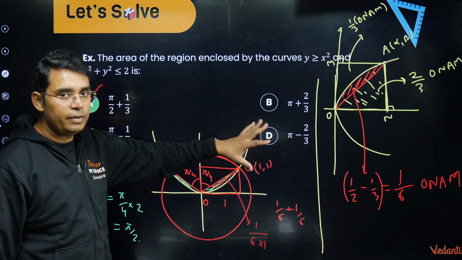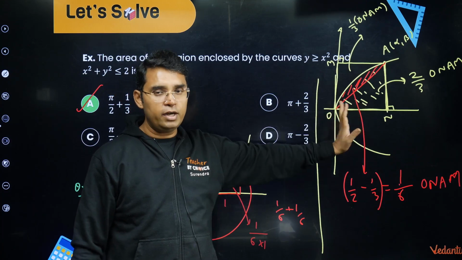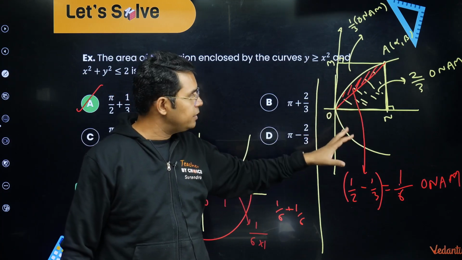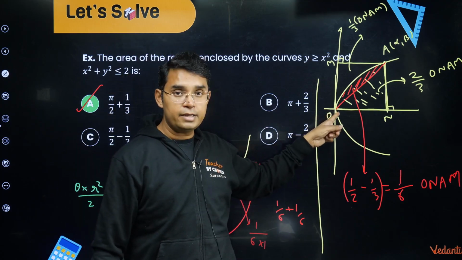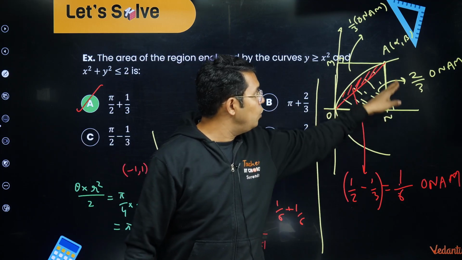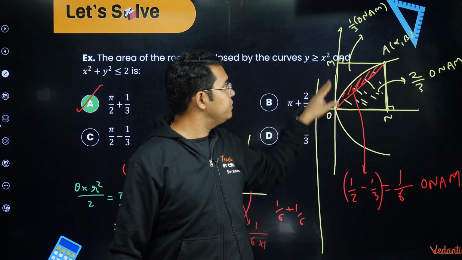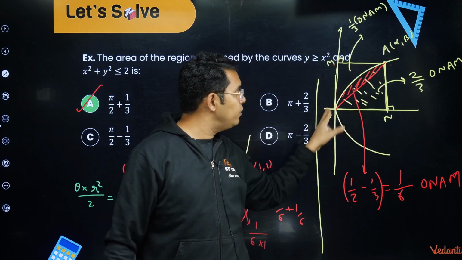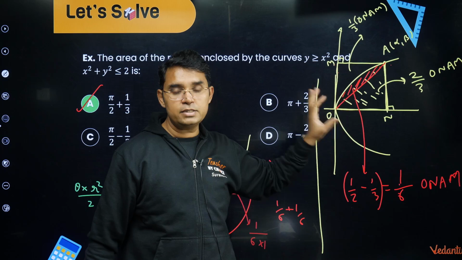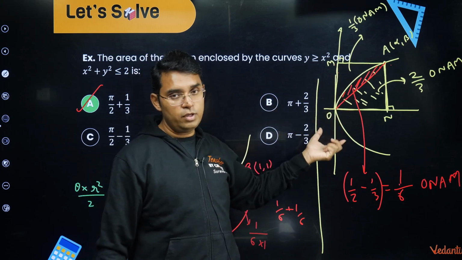So two methods can be there. Actually, I have found this also very fast. 2/3, 1/3. If you can remember, it will give you the direct answer. But for this, it has to be starting with its vertex. Whether you are looking for this O and A with the parabola, this area, or OA and this area, or OA along with this parabola, 2/3 or 1/3 or 1/6 all have to involve the vertex of the parabola.